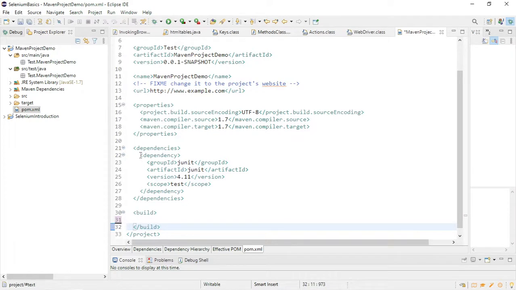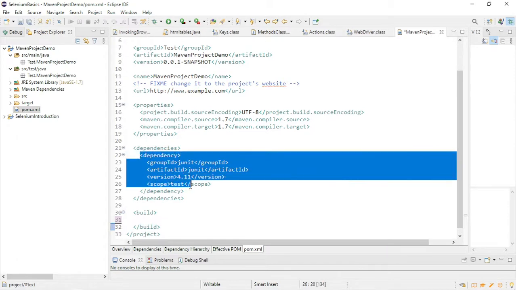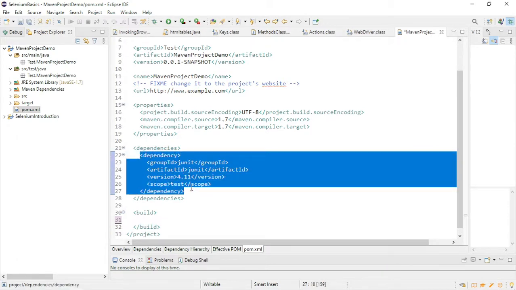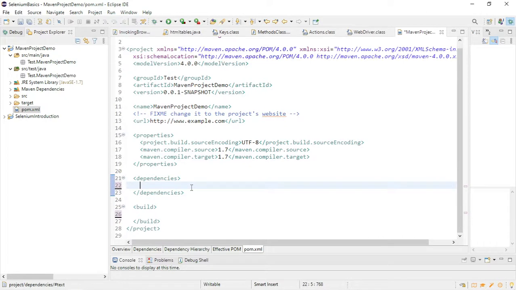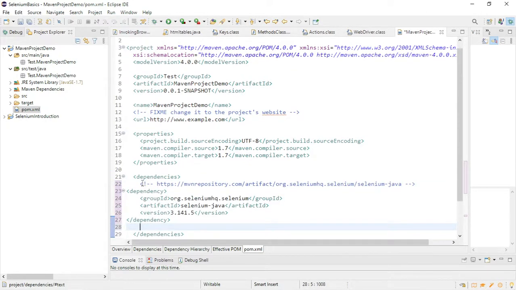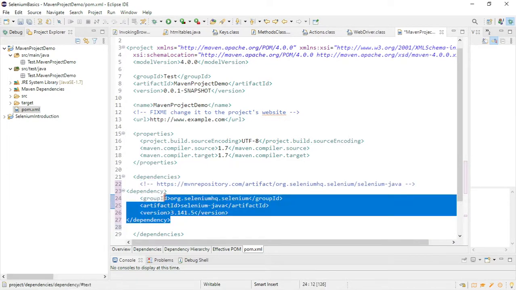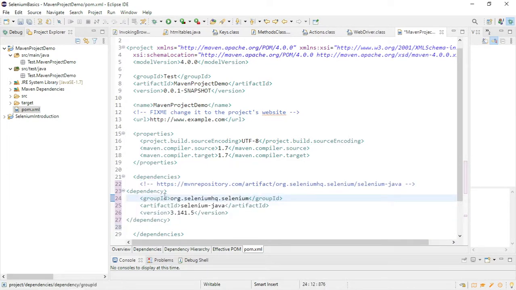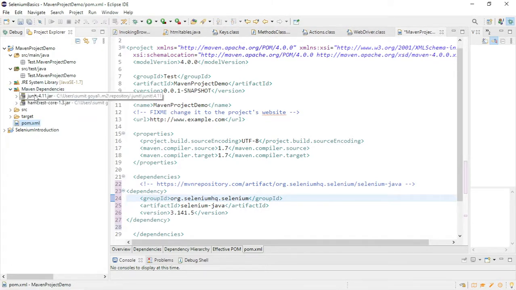And here as well, if you see, one dependency is present, which is JUnit. I don't want to include JUnit, so I will remove it from here. Let me delete it and paste the one which I have copied. This is just a comment, you can also remove it, but these four are important. If I save this project, as of now we have JUnit and this, right?